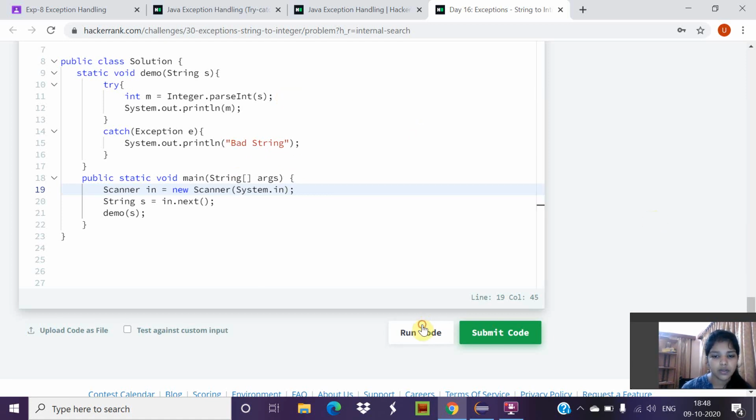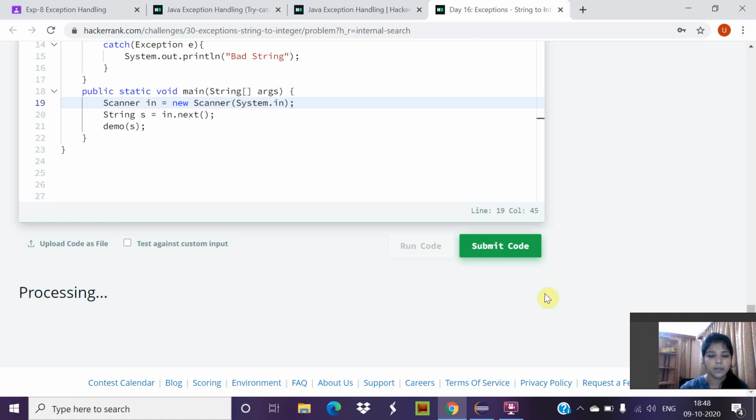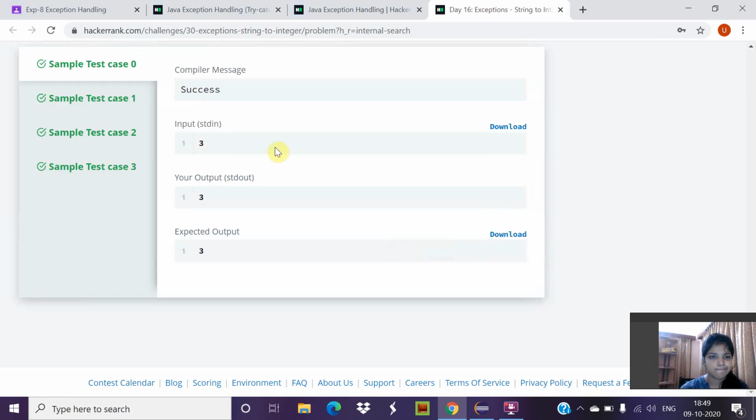So let's run it. Here the input is 3, and because it's an integer, it will return the integer. If we give a string, then it will give bad string.